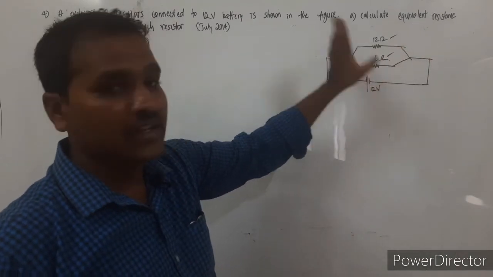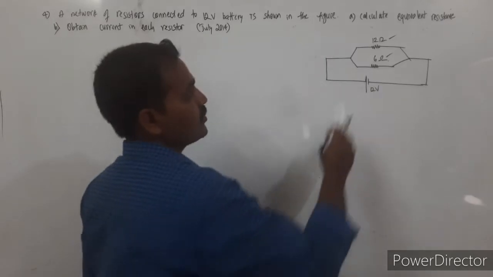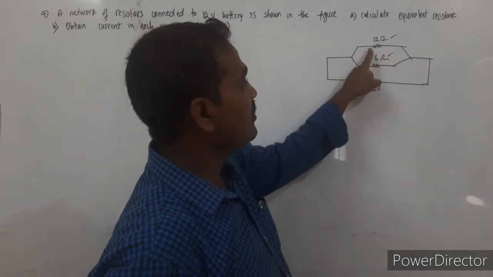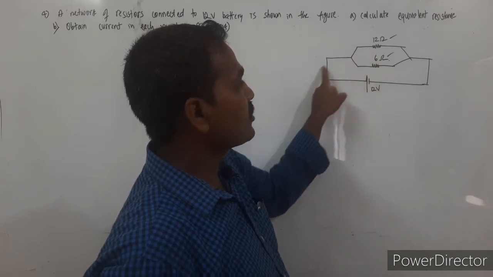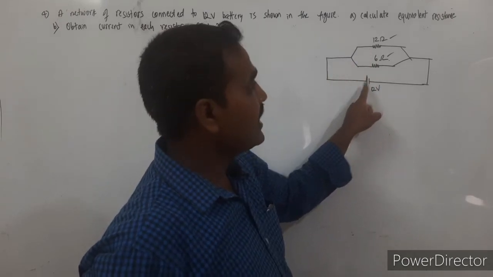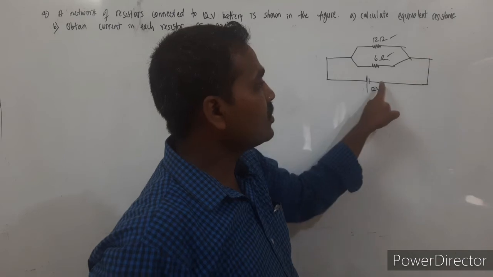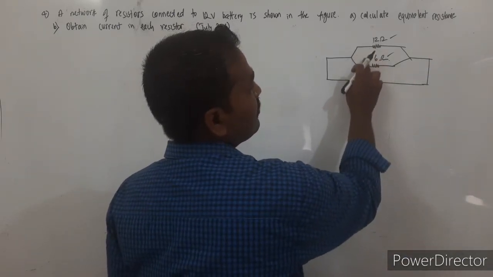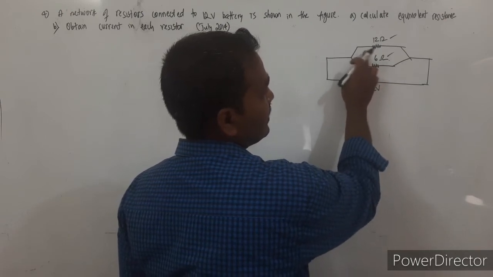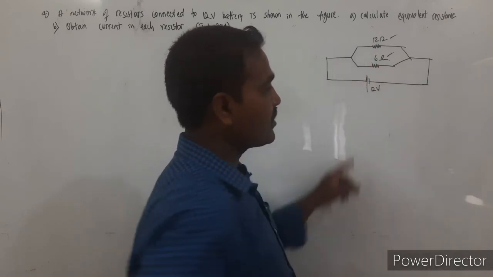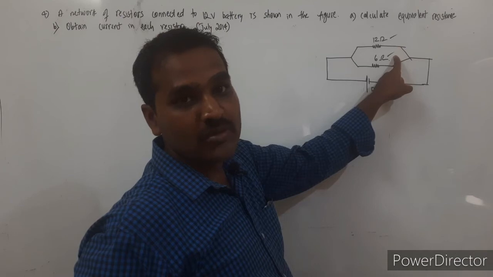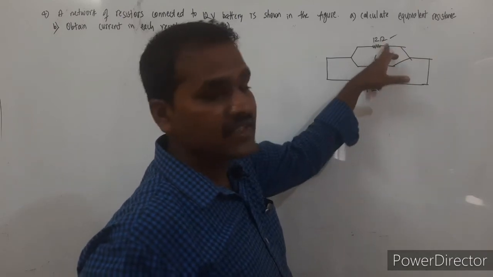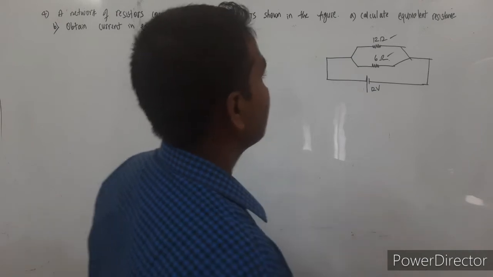As we know, these two are connected in a parallel combination. We say any 2 resistors are connected in parallel combination when both their left terminals are connected to the same terminal of the battery and the remaining 2 terminals are connected to the other terminal of the battery. In this case, the left terminals of both the resistors are connected to the positive terminal of the battery, and the remaining two terminals are connected to the negative of the battery here. Hence this is a parallel combination of the resistors.